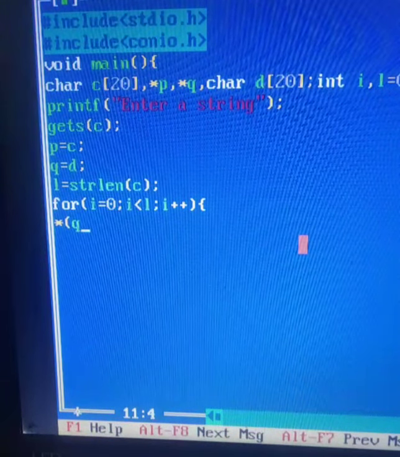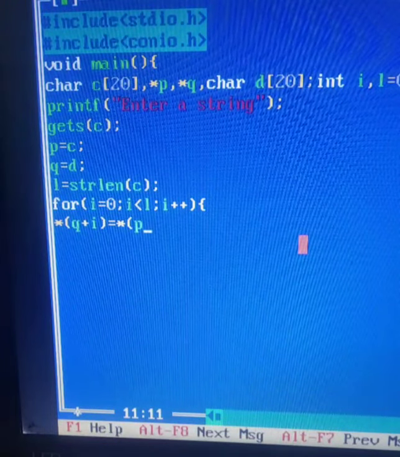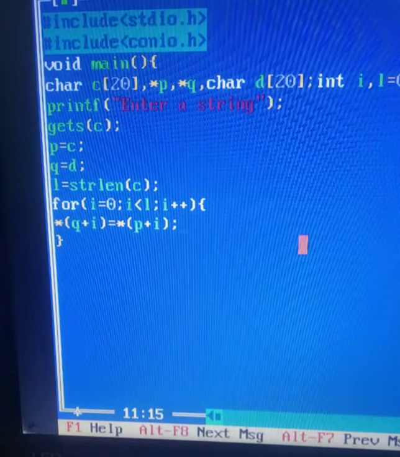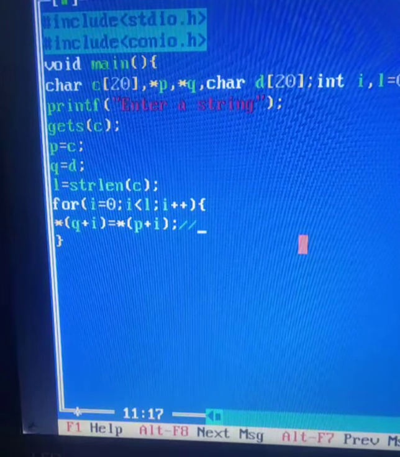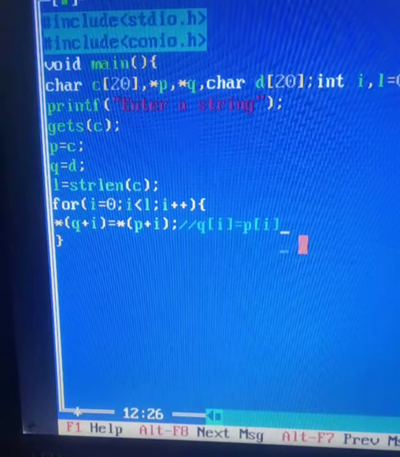So *(q+i) is equal to *(p+i). Or we can also write, if we want, q[i] is equal to p[i], the same way as we write in arrays.